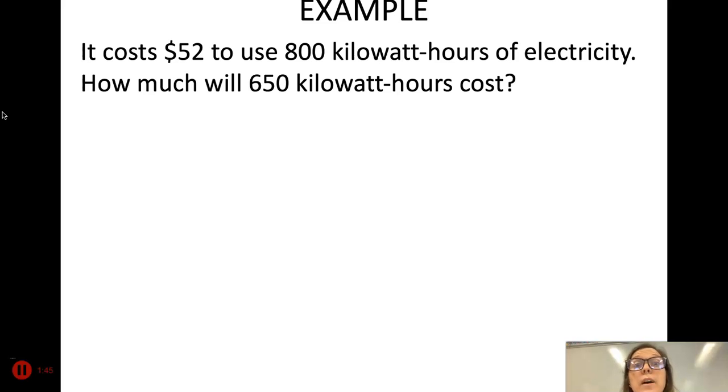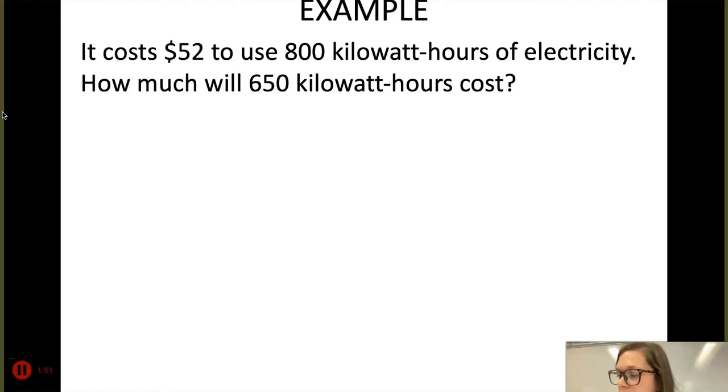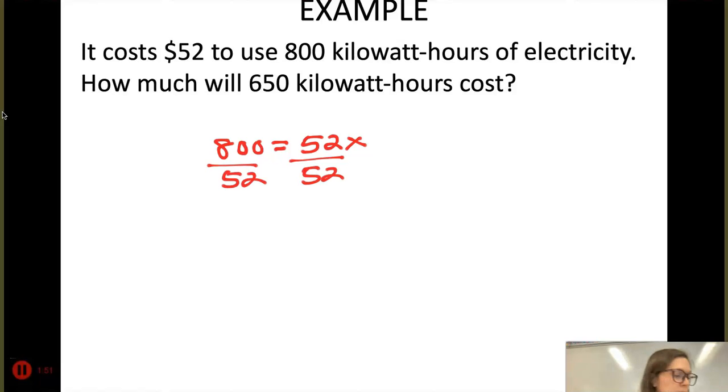It costs $52 to use 800 kilowatt hours of electricity. How much will 650 kilowatt hours cost? Okay, so here we would be doing our direct variation again. So we have 52 is equal to 800 times x, I'm going to use x. We could divide that by 800. So we get 52 divided by 800. So x is equal to